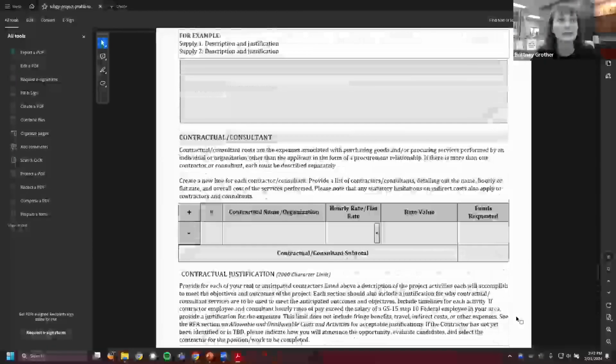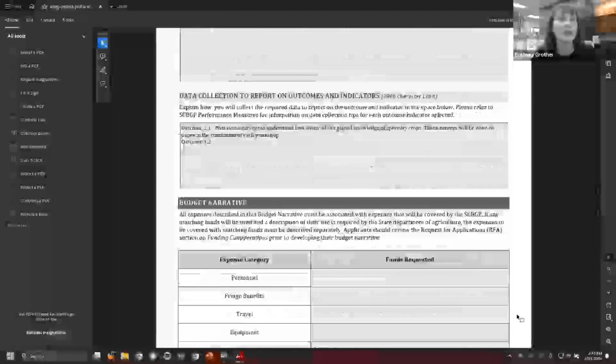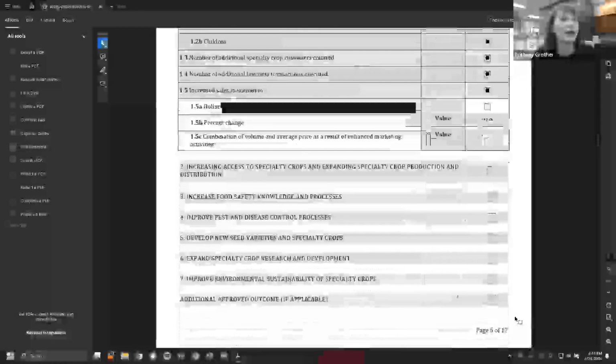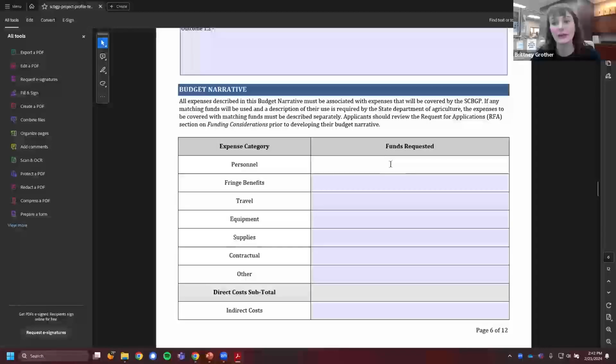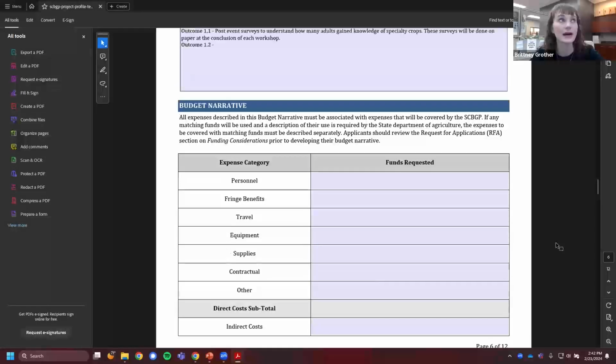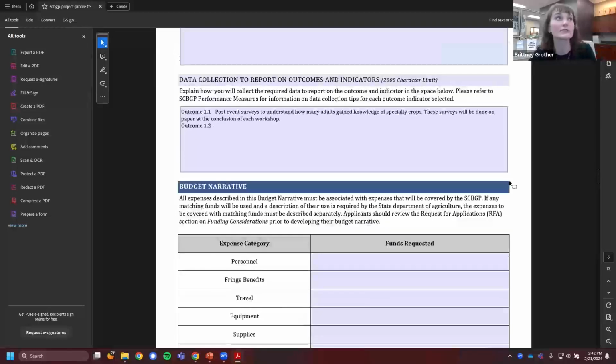Once you've filled out all your budget tables, I would encourage you, like I recommended earlier, to go back up to your budget summary table and then fill in all of the amounts that your table is auto summed for you here. Yeah. So that is the project profile template. So that's really the meat of your application. That's what you're going to spend most of your time on